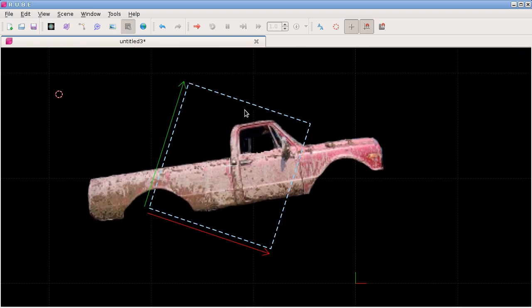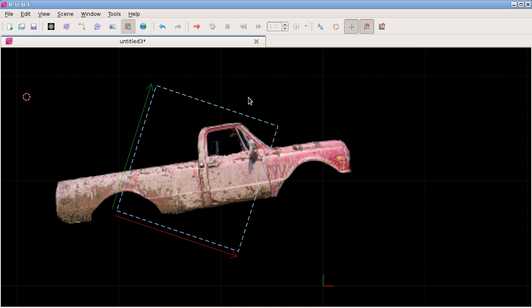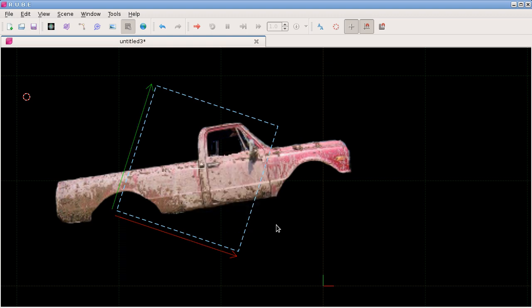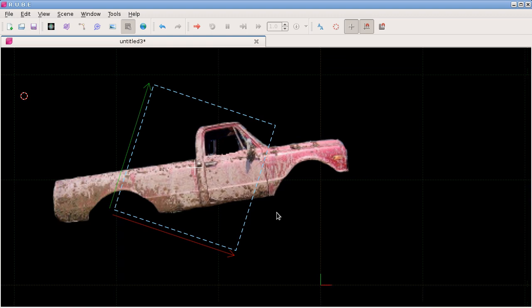So samplers are able to do two main things. One is to take a sample of the image data that they see and write that out to a file, and the other main thing that they do is they can find edges in that image data and use those edges to create fixtures for your physics shapes. So first off, we'll just look at